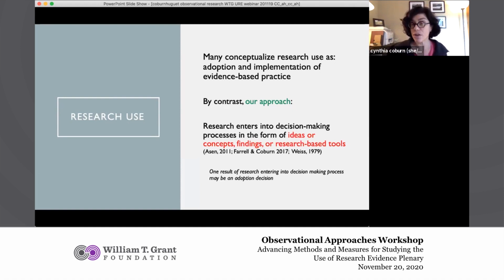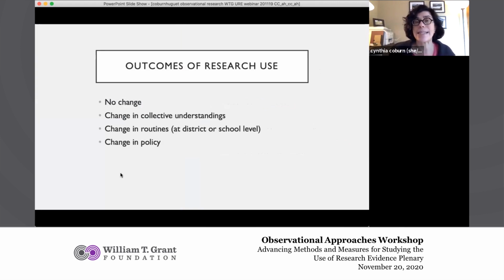Now, one result of research entering into decision-making processes may be the adoption of evidence-based practice or a research-based tool. But that's not the only way in which research enters into our work. We also conceptualize the outcomes of research use in terms of organizational learning theory. Sometimes people could engage with research in these various forms and nothing happens. That's an outcome. But sometimes it results in